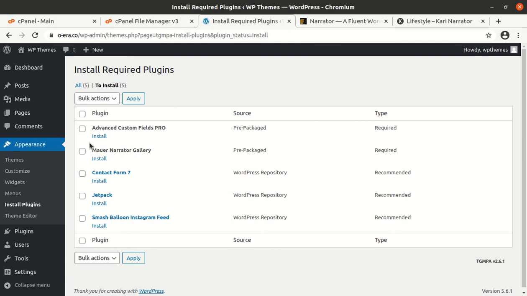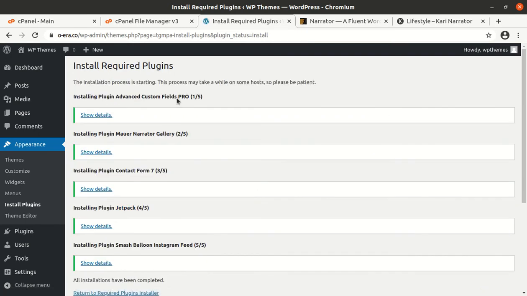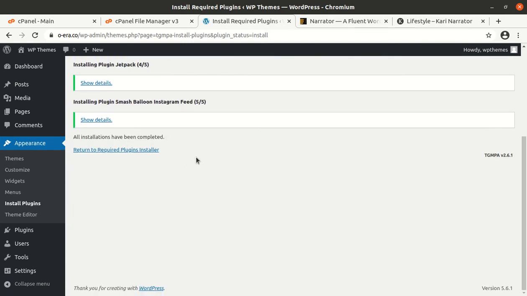plugins, but I am installing all the plugins as I have to showcase all the features of this theme. I have chosen to install the plugins in one go. If you are not confident about your server capacity, just install the plugins one by one.